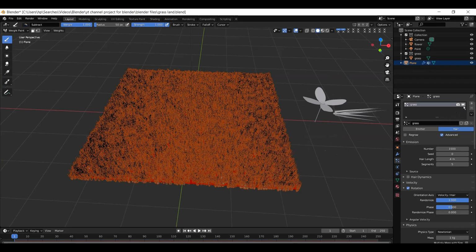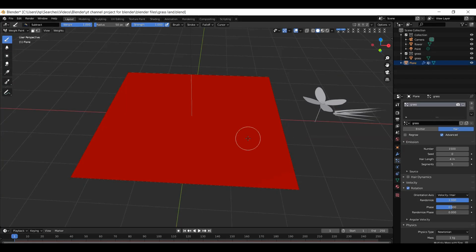Okay, now let's hide the grass particles setting to see the plane. As you see it's fully filled with red, so this means the grass will be filled all around the plane area. So that's why we use subtract. We will subtract the weight, so it will remove the grass in the area we subtracted the weight. So now let's unhide